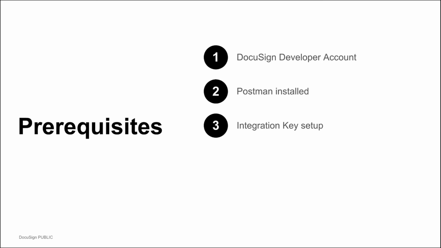Before we get started, be sure to have installed and set up the necessary dependencies, namely the Postman app and a DocuSign developer account. For the Postman app, you can find those instructions on the Postman website. For the demo account, you can navigate to the DocuSign Developer Center, select Developer Account, and then Create Account. Confirm your registration via email and your account is set up to go.